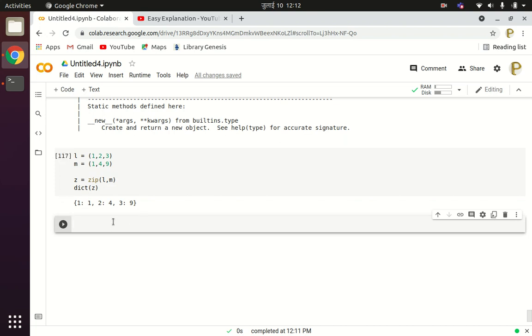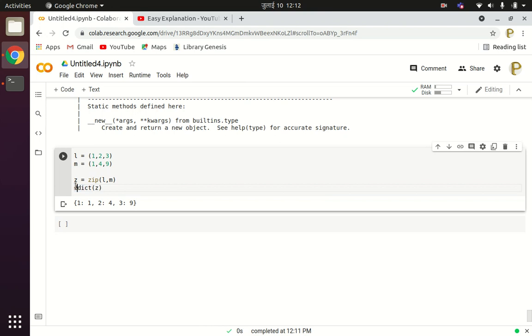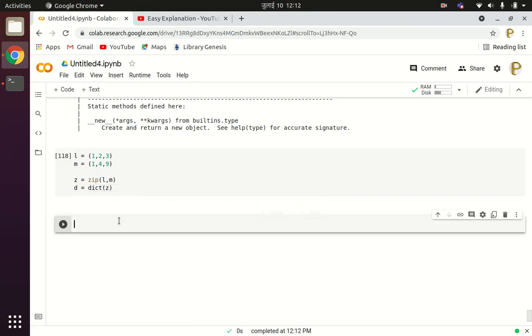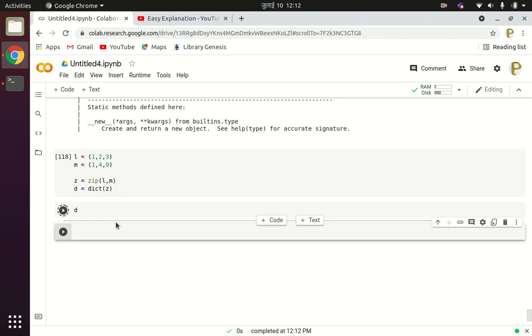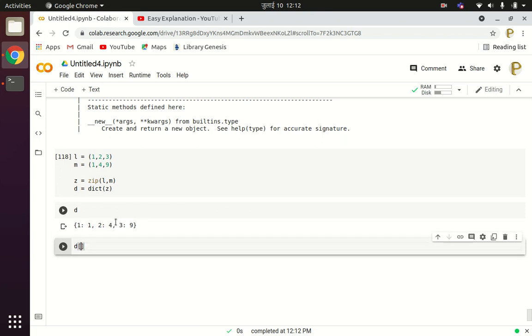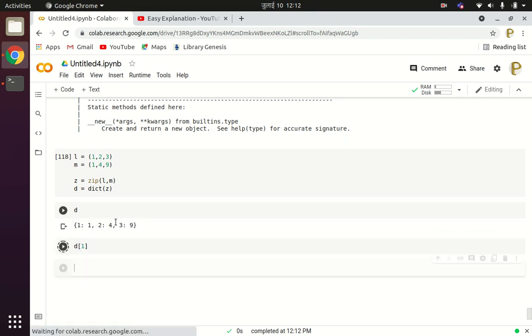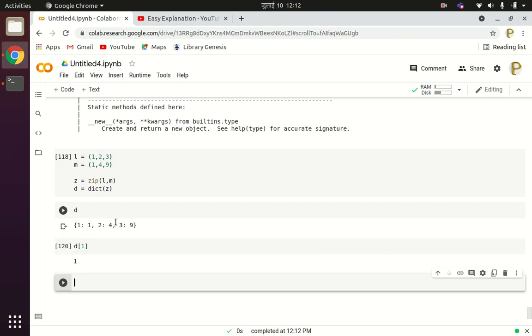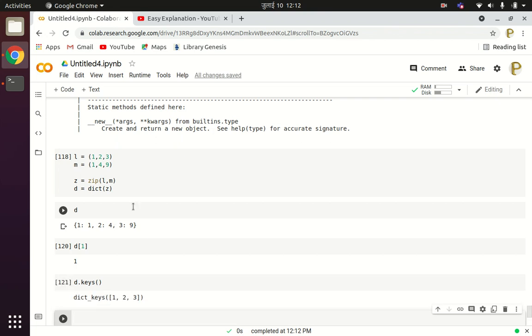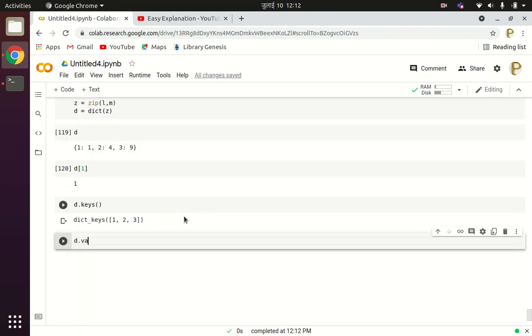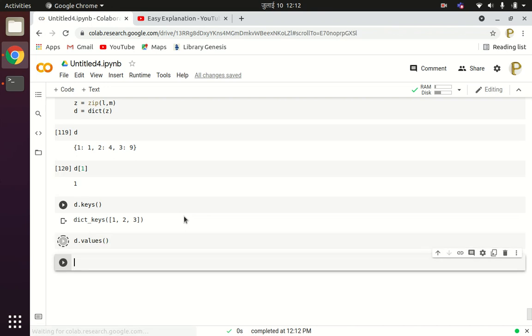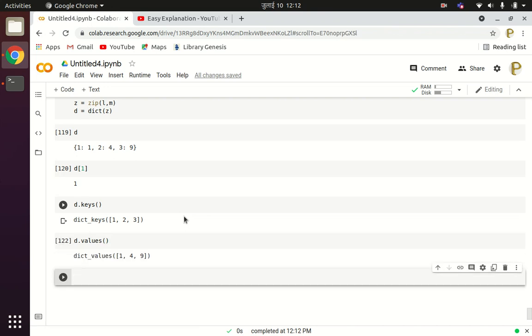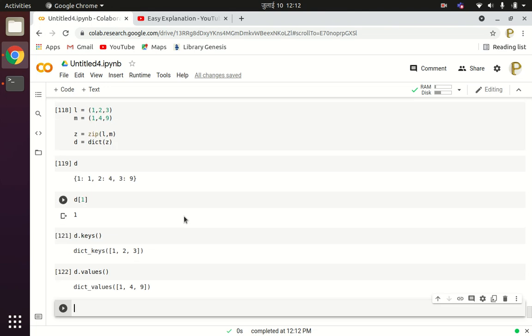If I write D is equals to dict of Z, now you can see D, and you can get the values of D of 1 is 1, or you can write D dot keys. So 1 2 3 will be keys, and D dot values, so 1 4 9 will be the values available for the dictionary. So if you have a list of tuples, you can convert the list of tuples into a dictionary by using this zip method and dictionary method.